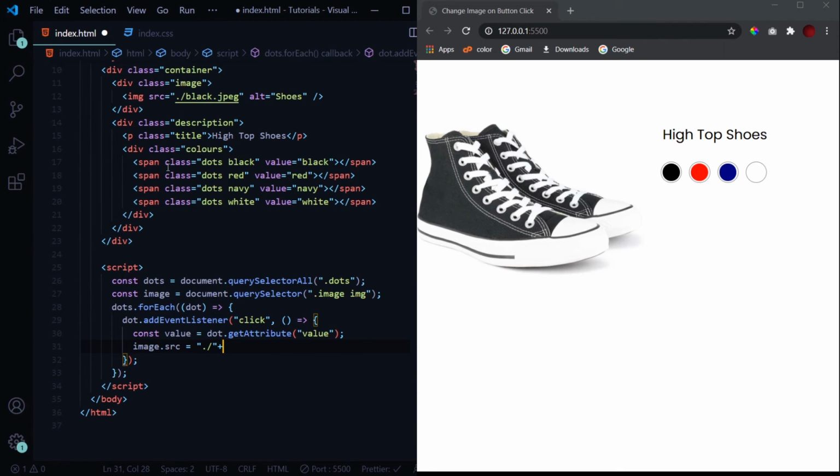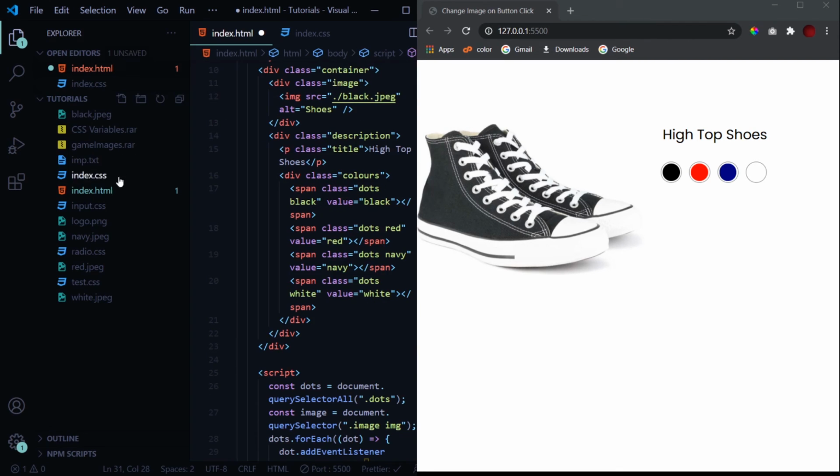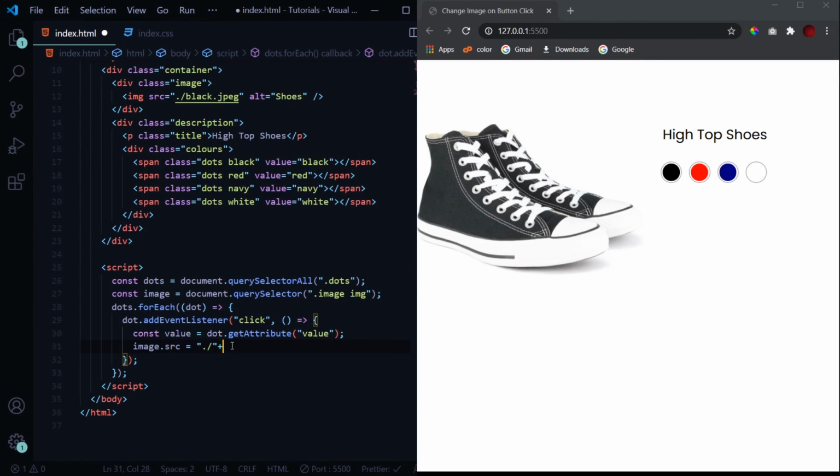And you might remember that I have saved these images with only the color name. That means the navy blue pair of shoes have the name navy, the red ones have the name red, white, and at last the black. So we'll simply have the value over here and at last dot jpeg. So this will change the source of this image to whatever dot is clicked on.